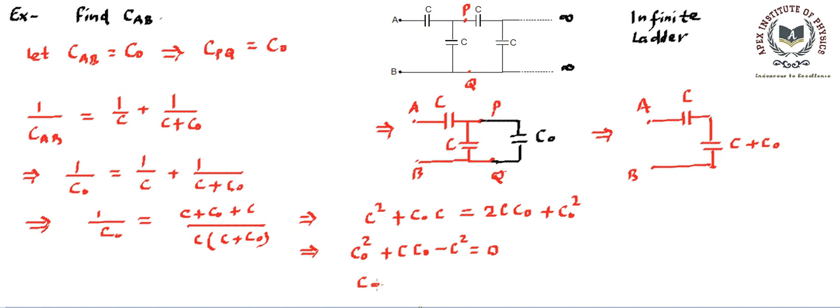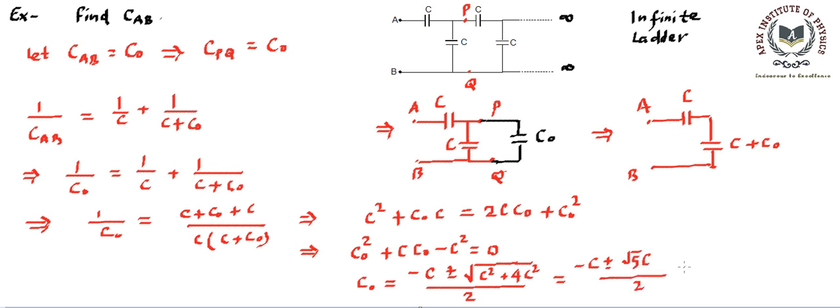Now let's try to find the root. So C naught as a solution is going to be equal to, we know the rule that says minus B, so it's going to be minus C plus minus under root B square, which is equal to C, so C square minus 4A, which is 1, C which is minus C square, so this becomes plus C square, divided by twice into A, so that's a twice. If we carry on with this, it becomes minus C plus minus root 5 C divided by 2.